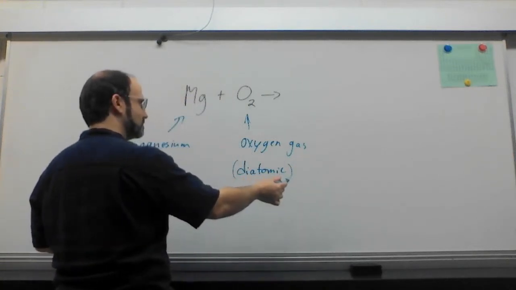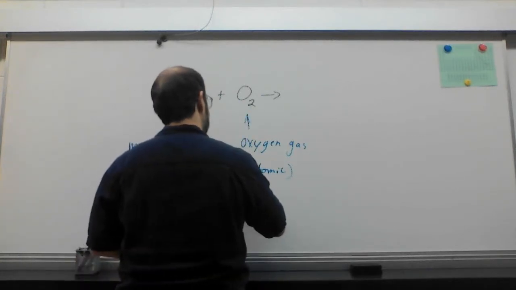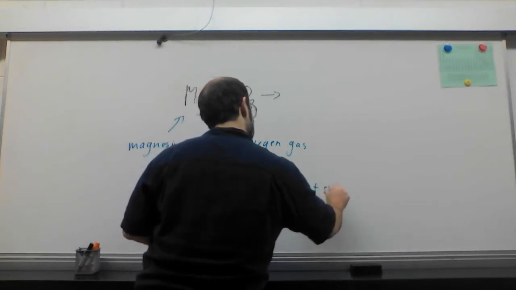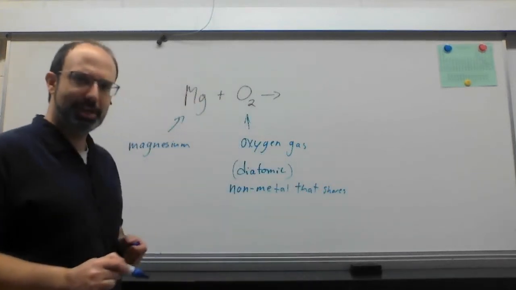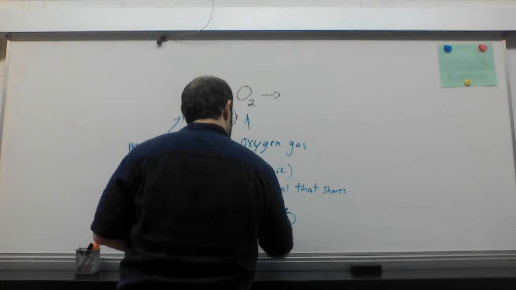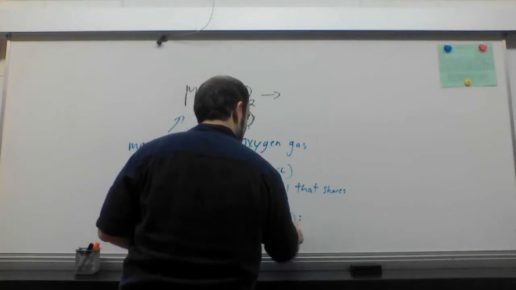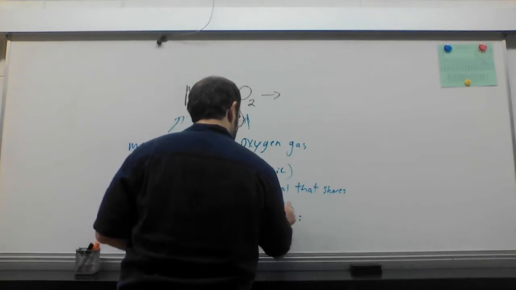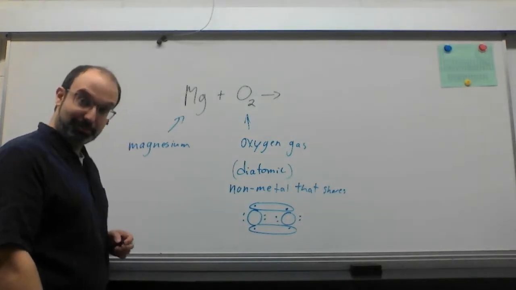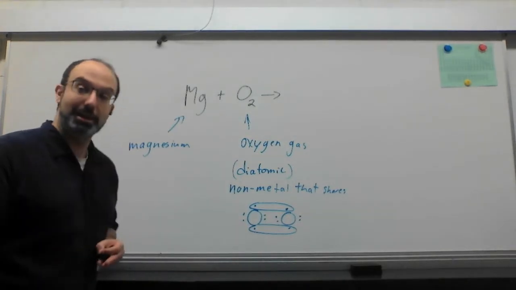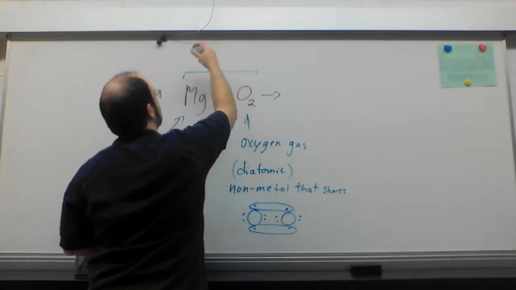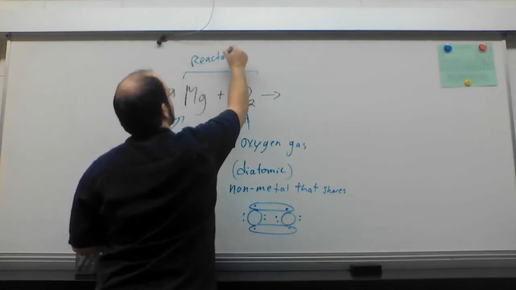A diatomic, 2 atoms, which comes about because this is a non-metal that can share. And that sharing of electrons creates a unique bond when there's no other options. And there are no other options, at least at first. But now that we've put these two together in a chemical equation where we are attempting to make some kind of product from these reactants,